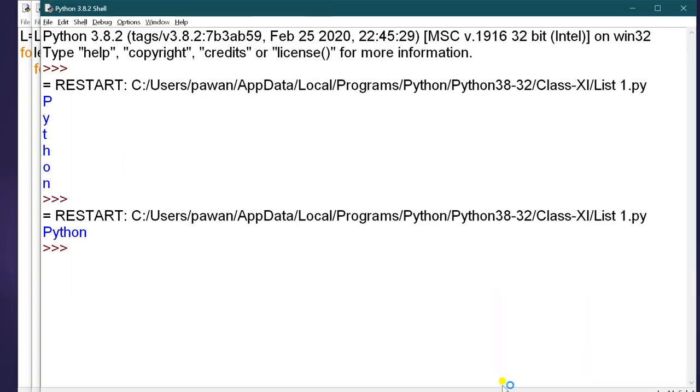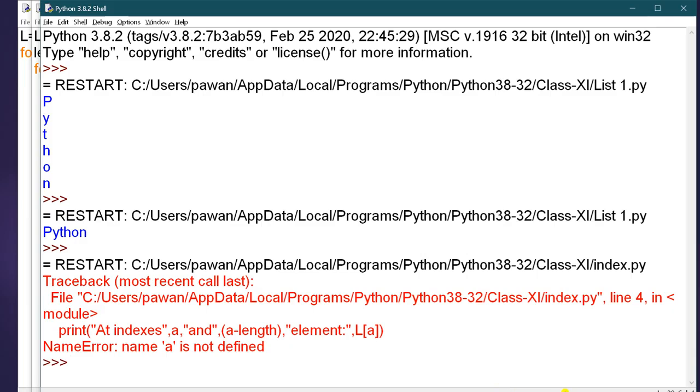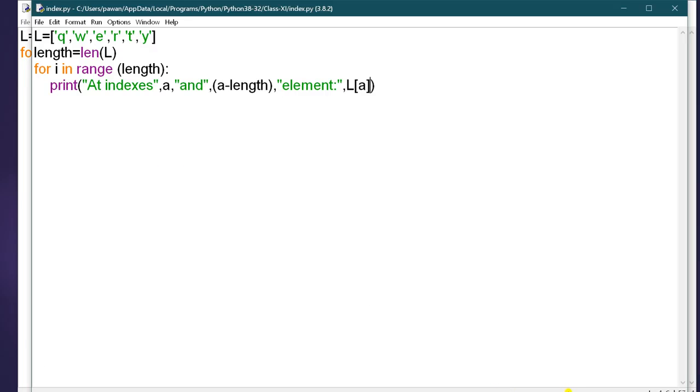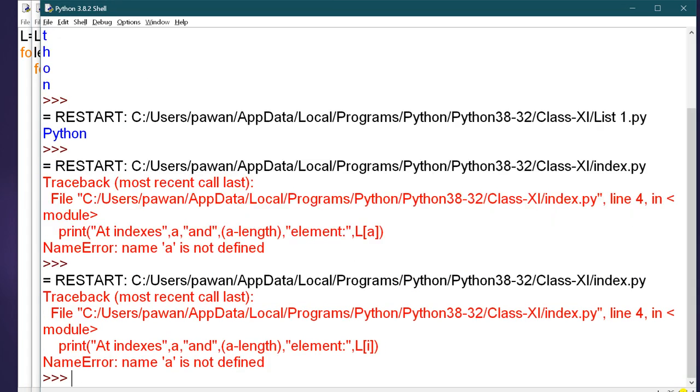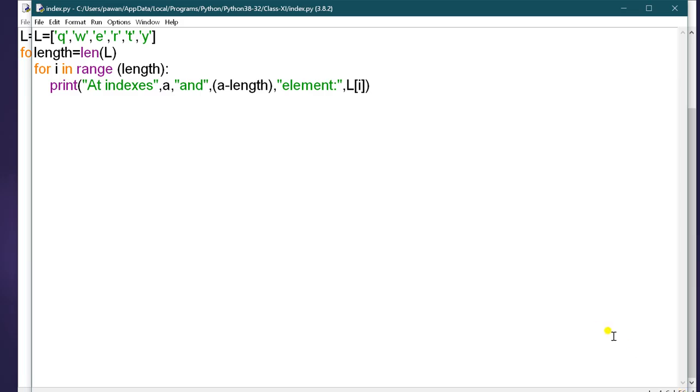Save your file and run it. The name is not defined. Here you will write I. Here also there is an error, this one. So in this way you can also rectify your errors.